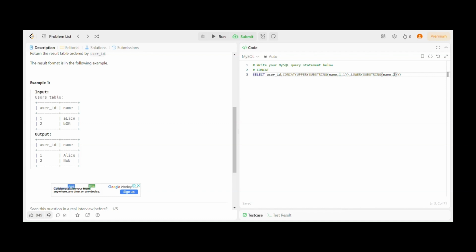Here we have mentioned start from 2. Start from the second position of the string and do not end it anywhere. That means all the letters present after the second are to be converted into lowercase. So this was the main thing that needs to be understood over here, and then we need to concat